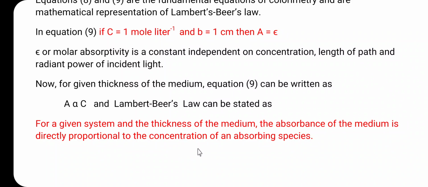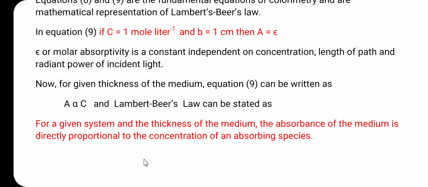So, here when we consider the Lambert's-Beer's law or the Beer's law, the validity of the Beer's law: firstly, the Beer's law is valid for solutions only. Then the second one is that Beer's law is only strictly valid for radiation of a single wavelength, that means the light should be monochromatic, and for each wavelength there will be a corresponding absorption coefficient.